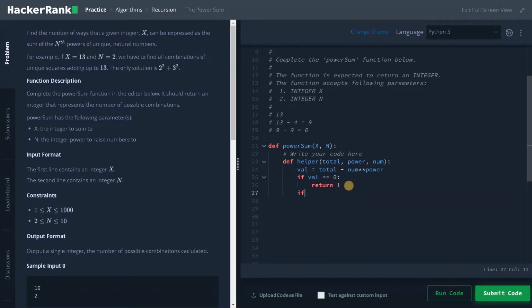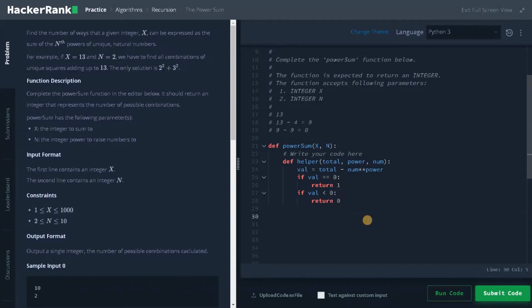Or else, if value is less than 0, that means we are going out of the range. At that time we will return 0. That means we don't find a combination and this is an invalid approach, so we will just skip this and return 0.